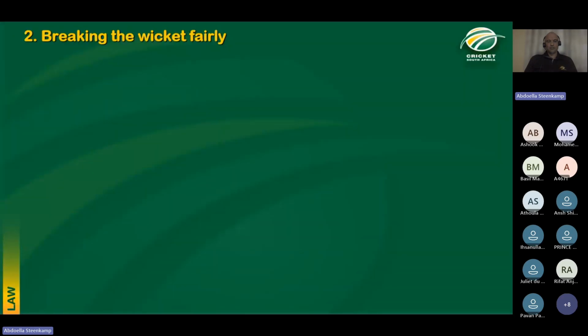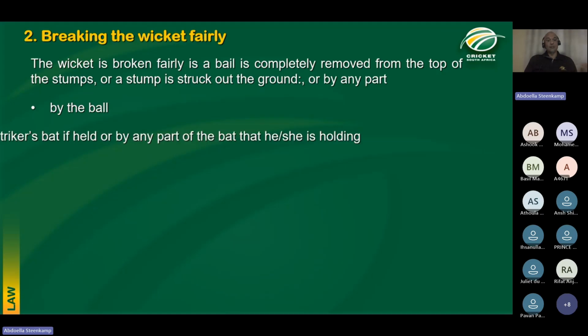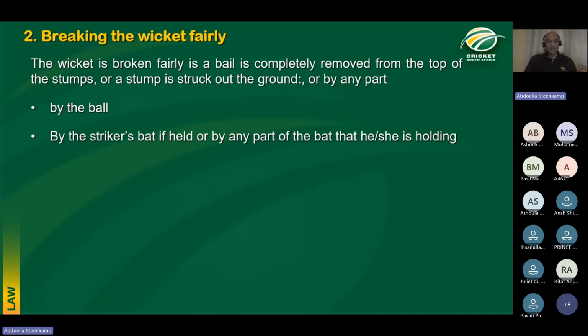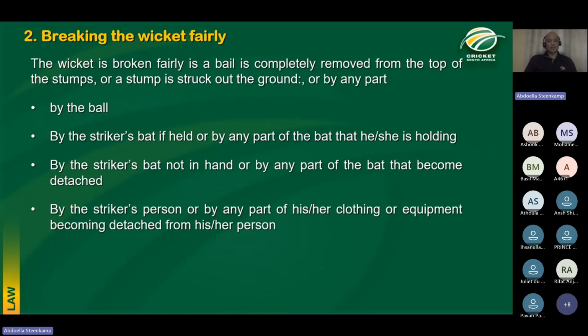So to summarize what the narrator said about breaking the wicket fairly. The wicket is fairly broken if a bail is completely removed from the top of the stumps, or if a stump is struck out of the ground, or any part of it, by the ball, by the striker's bat, if held, or by any part of the bat that the striker is holding, by the striker's bat not in hand, or by the part of the bat that became detached,